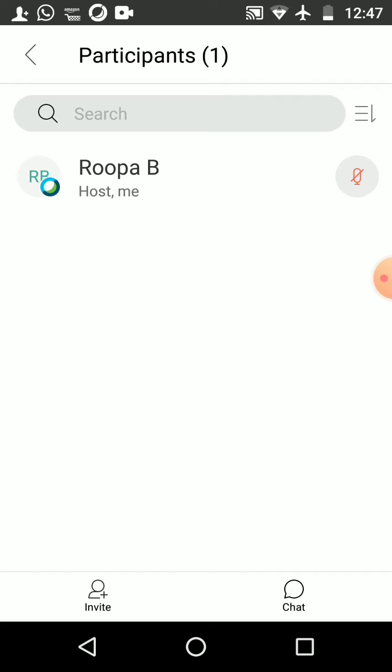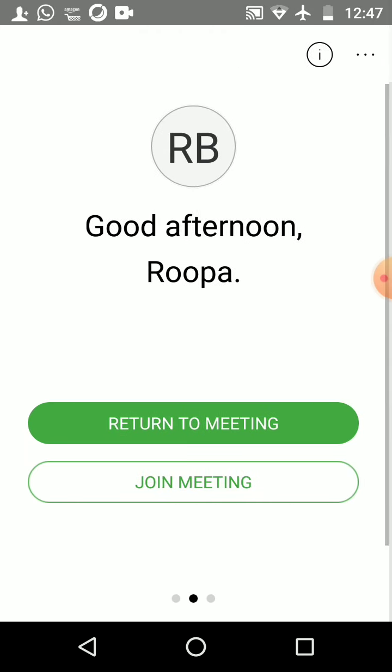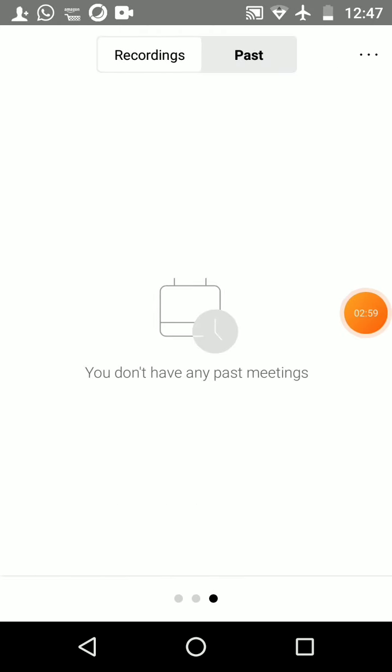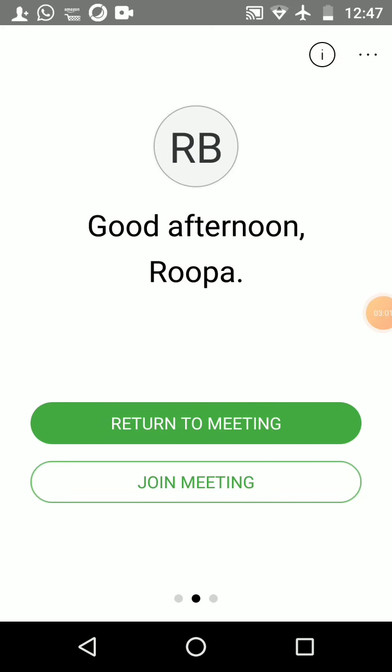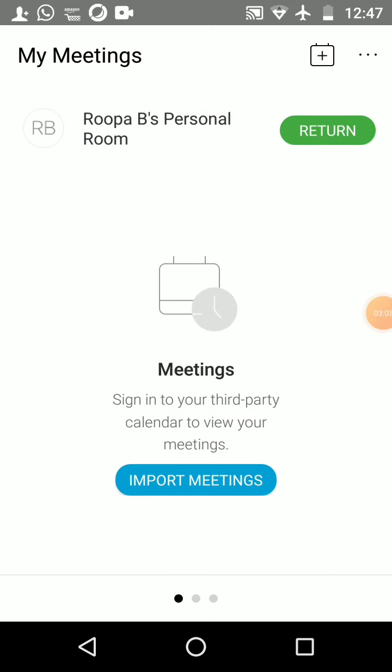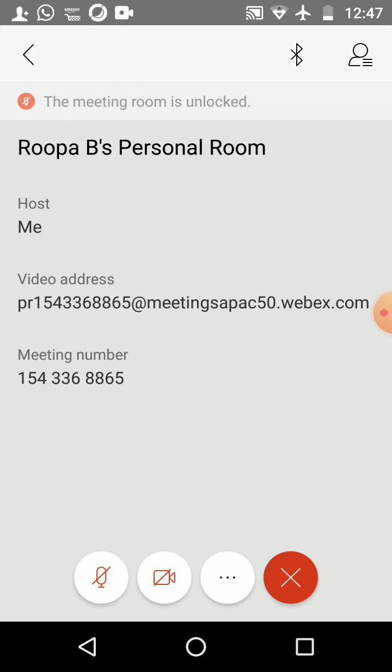When you want to run a trial run, you get a meeting number. That meeting number you can give to your friends or colleagues and ask them to join the meeting. So you can do a trial version of it.